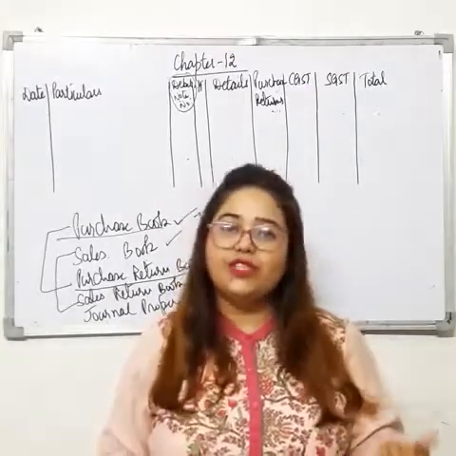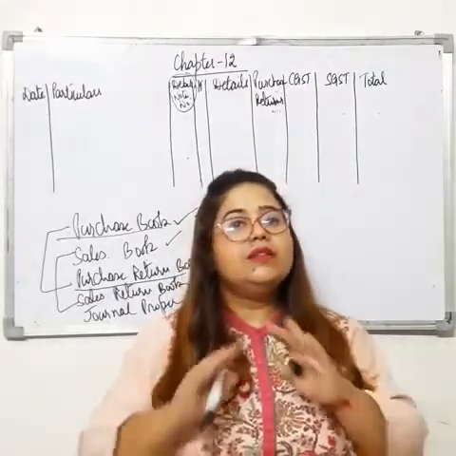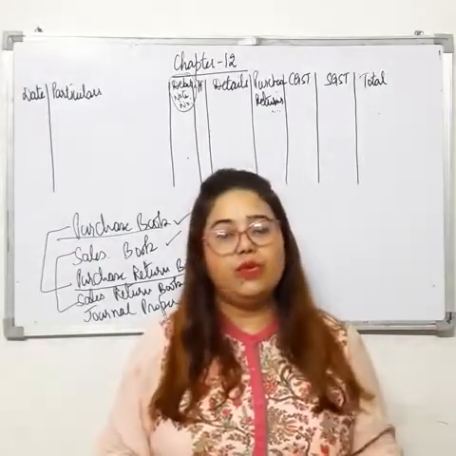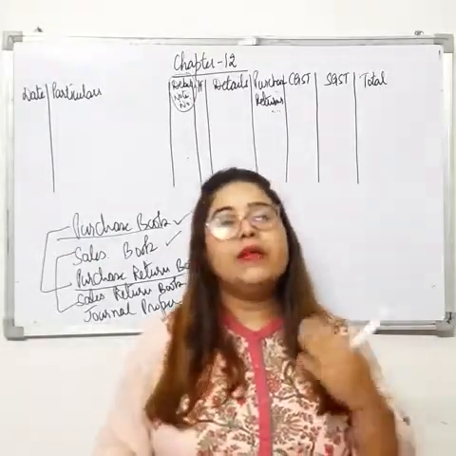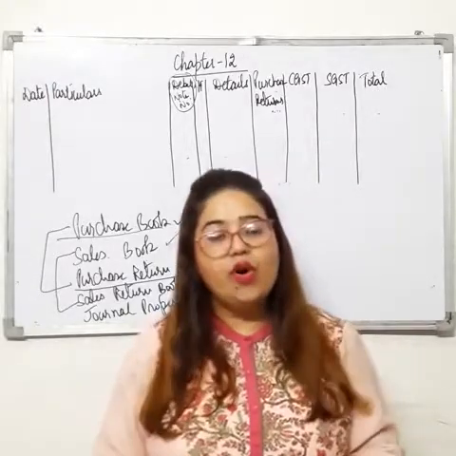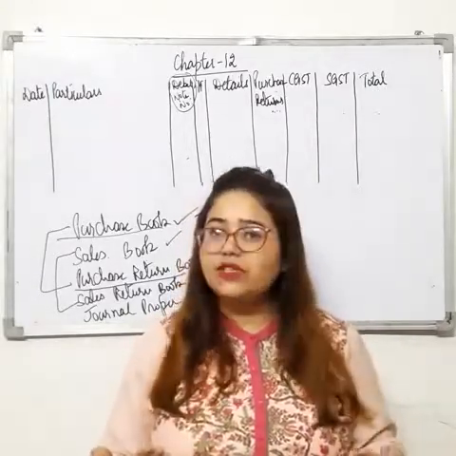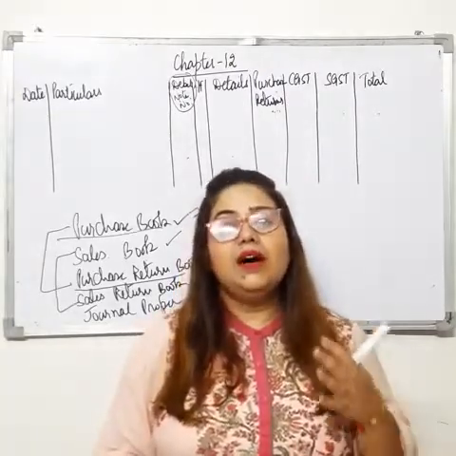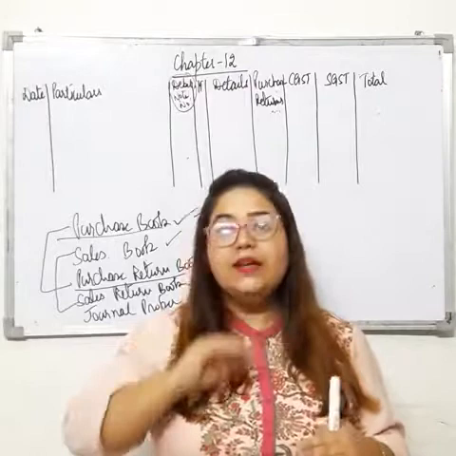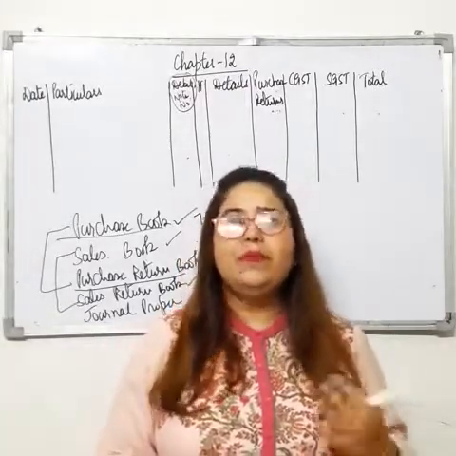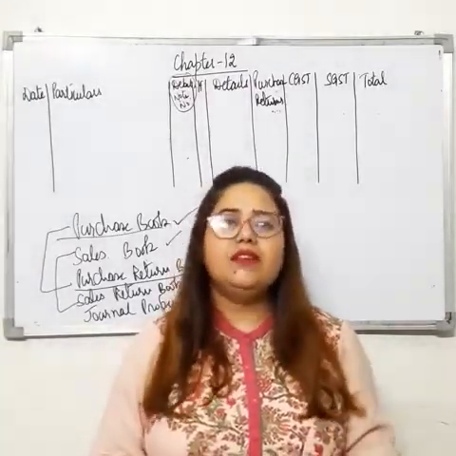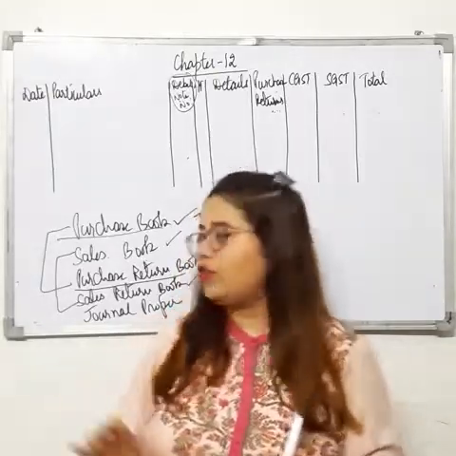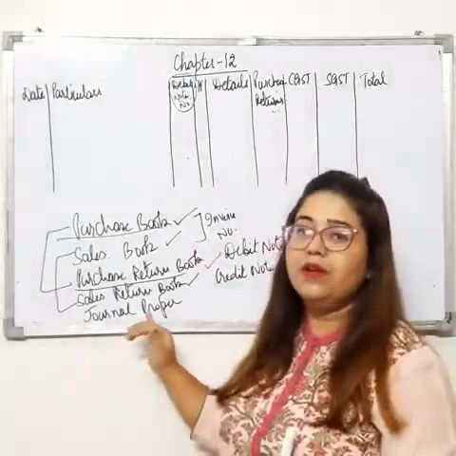Means particular nature only. If you are making a sales book, then all the transactions will be of sales nature only, means income nature only. Nothing else you have to record. Next important thing that you all know, that only credit based transactions will be recorded, right? Next is you have to ignore all the cash based expenses. Means if in the question there is cartage paid, stationery paid, so please ignore, because that is a part of journal proper, right?